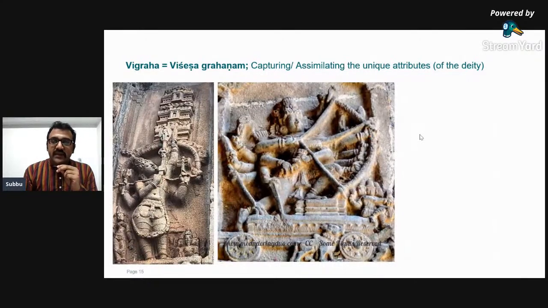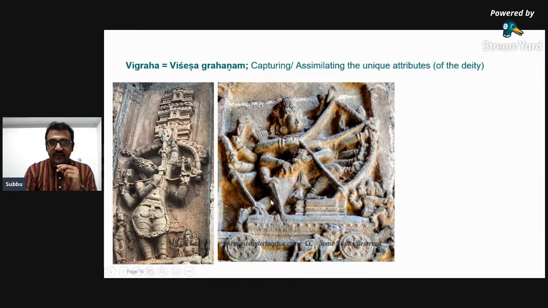So these are some images of Shiva. You find different sculptures in different temples where Shiva is burning the Tripura, the three cities, the Tripura Dahanam, Tripurantaka Moorthi, the one who burned the three cities. You can find the Kodandam or the bow and the arrow that Shiva holds to burn the three cities. And similarly, here also you can see the Kodandam and the arrow, and Shiva riding on a chariot